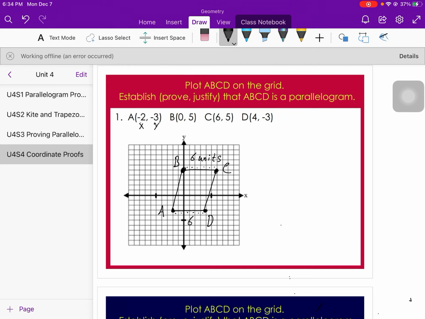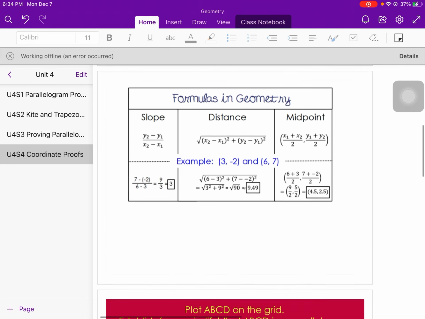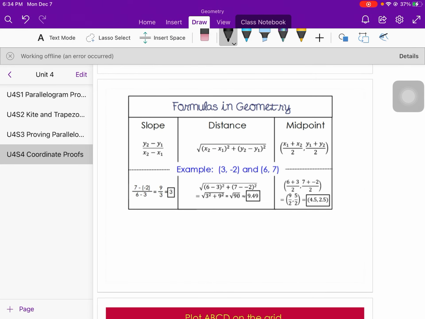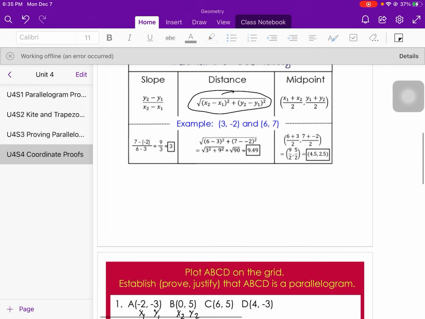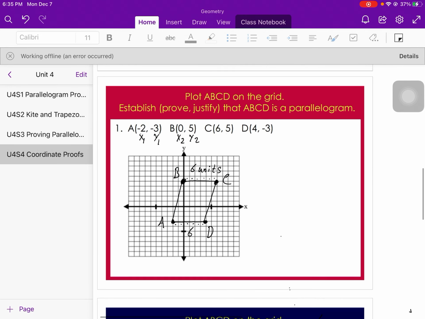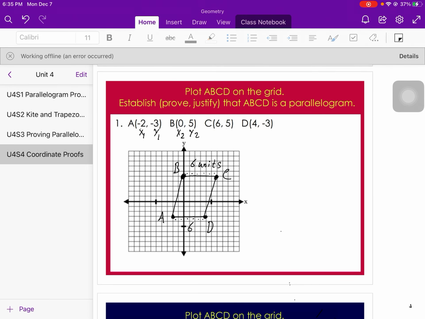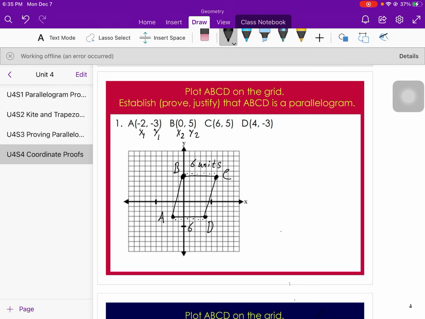So let's do that. A and B are these points here. So this is going to be our x1, y1. This is going to be our x2, y2. The distance formula is up top. This formula right here is the one we're going to use. So it's the change in your x's plus the change in your y's. You square those and then take the square root. So if we plug that into our formula,